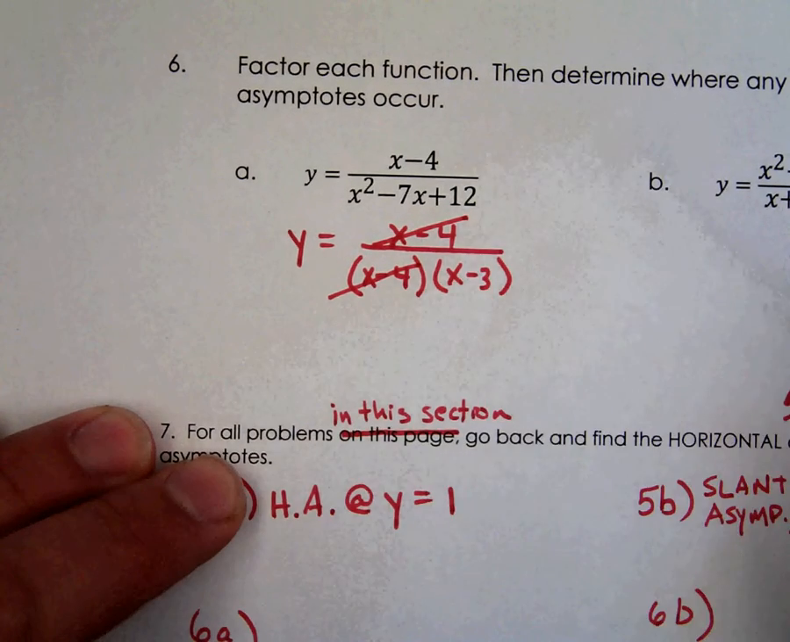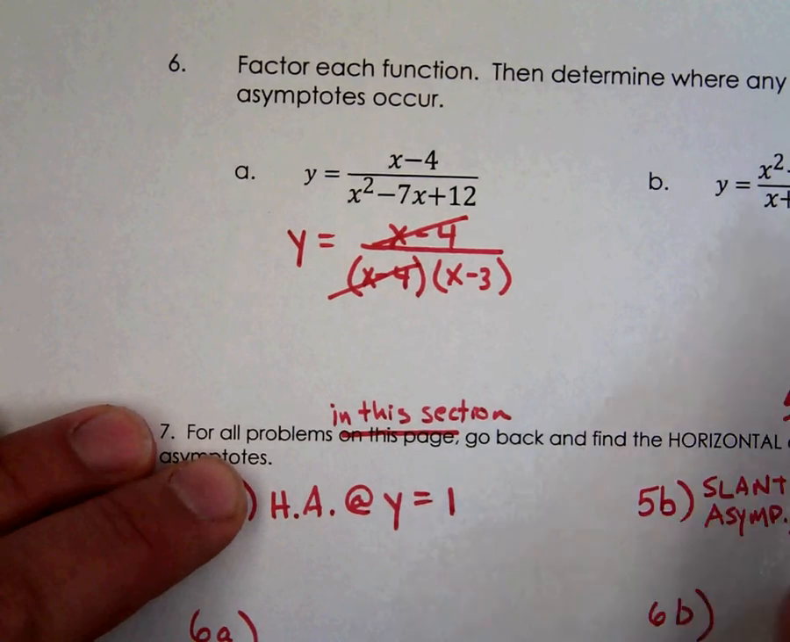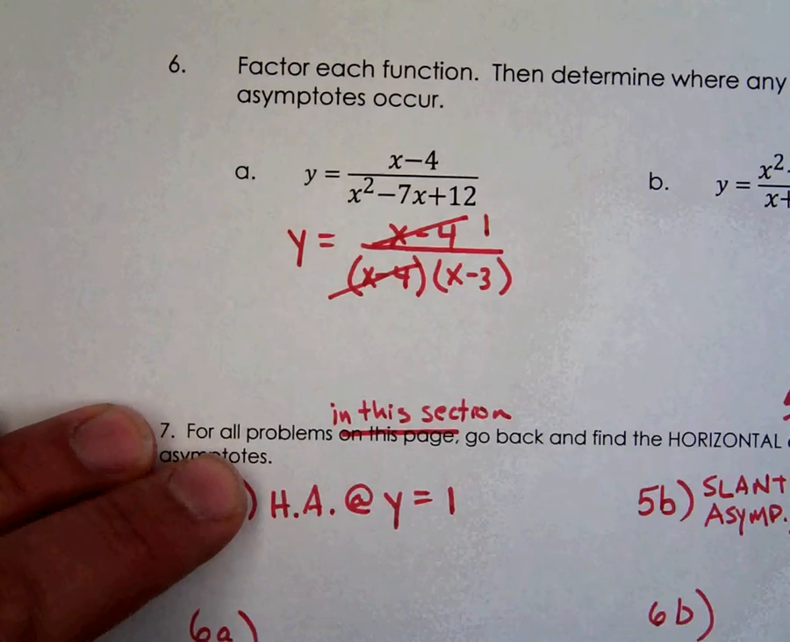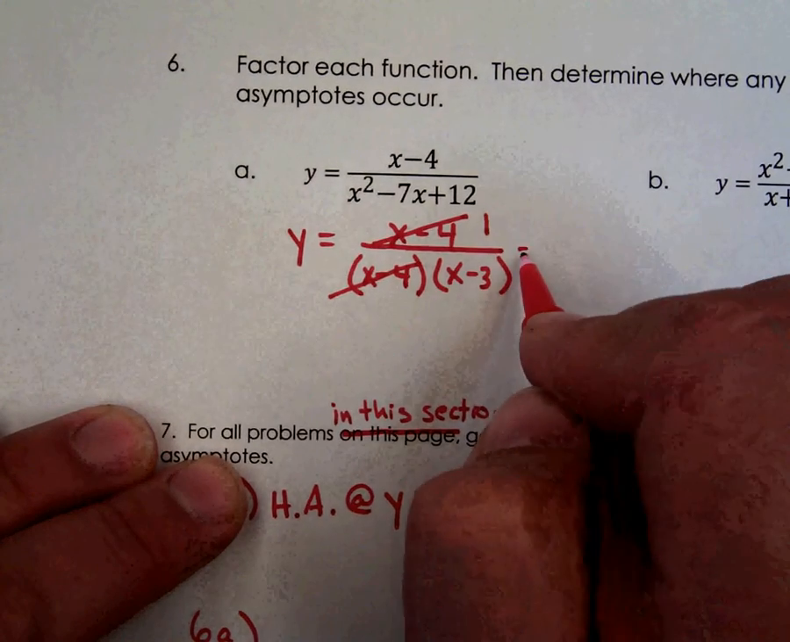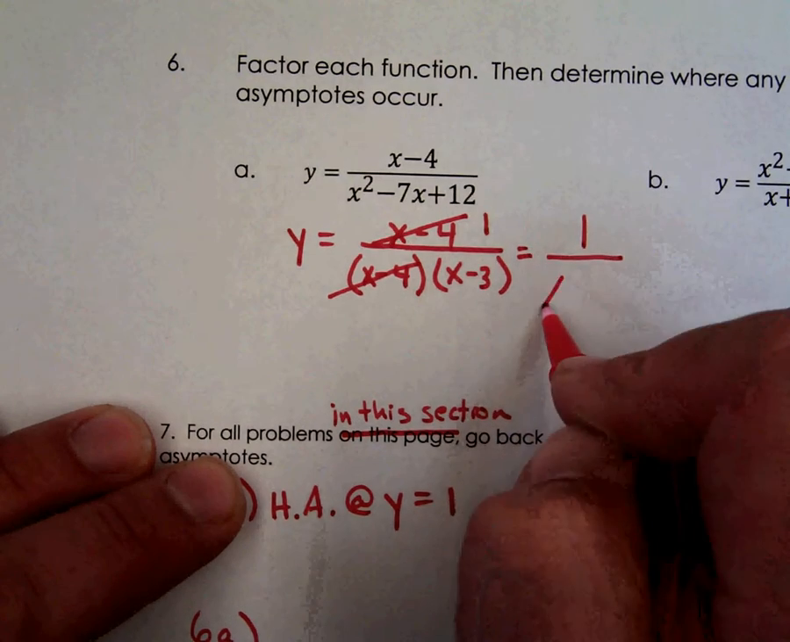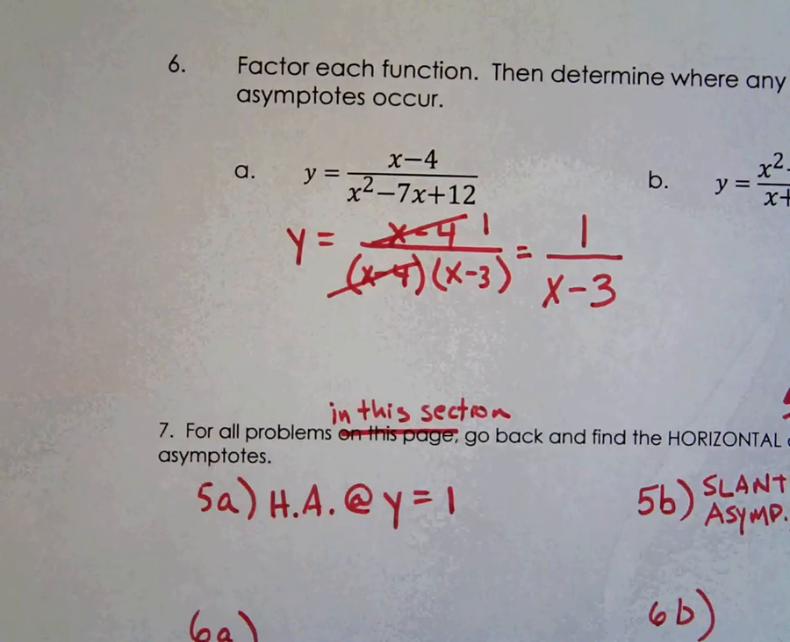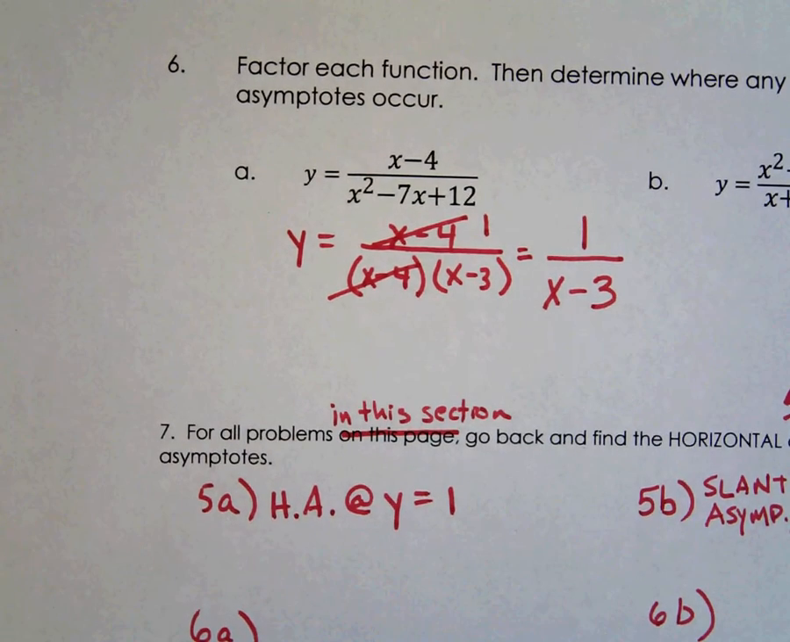Keep in mind that when something cancels out, it actually becomes a 1. So this function can be rewritten as 1 over x minus 3. So as you're going down the checklist of holes and asymptotes, a hole will occur from any expression that canceled. So there will be a hole